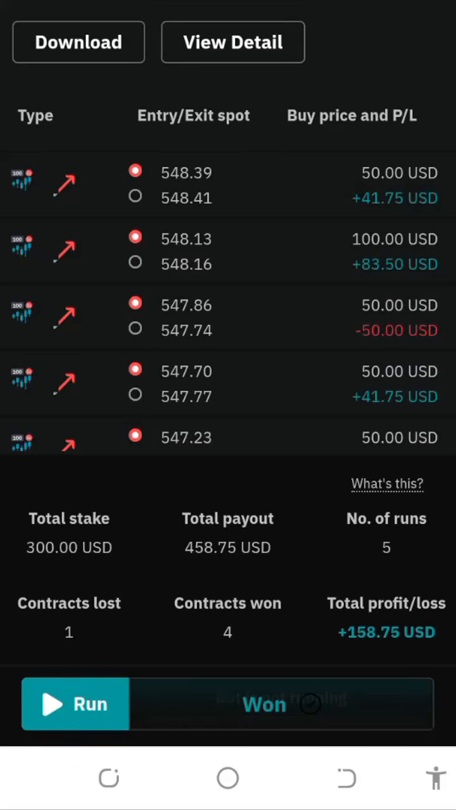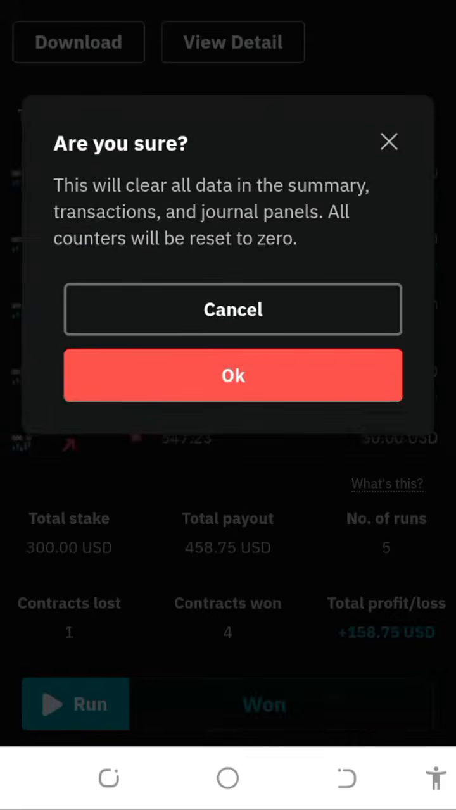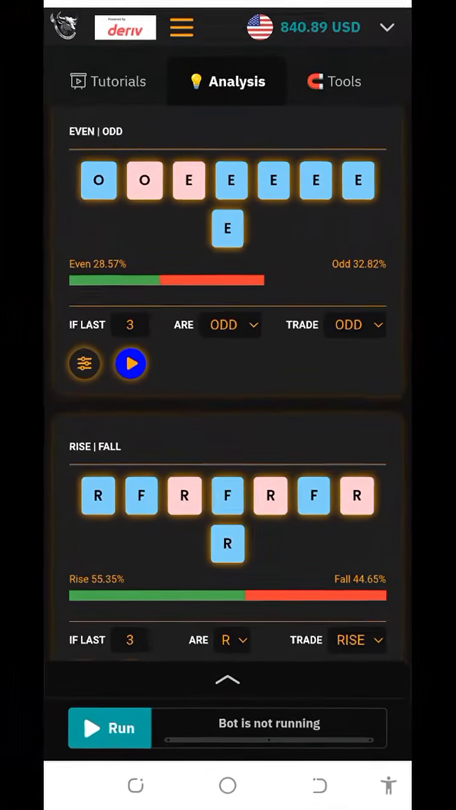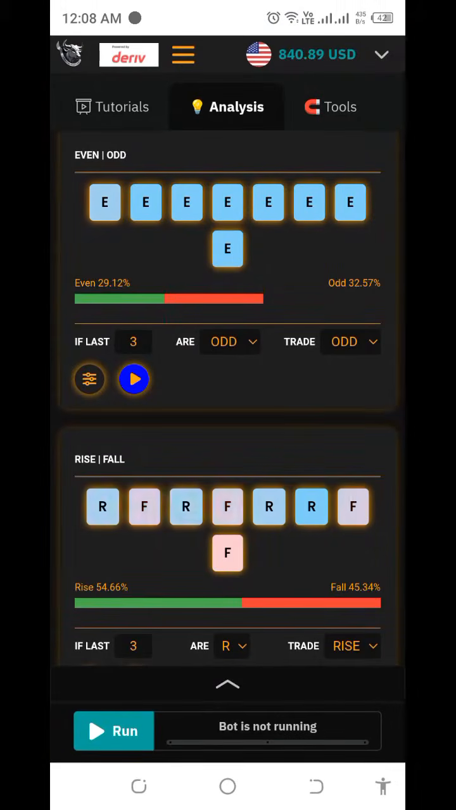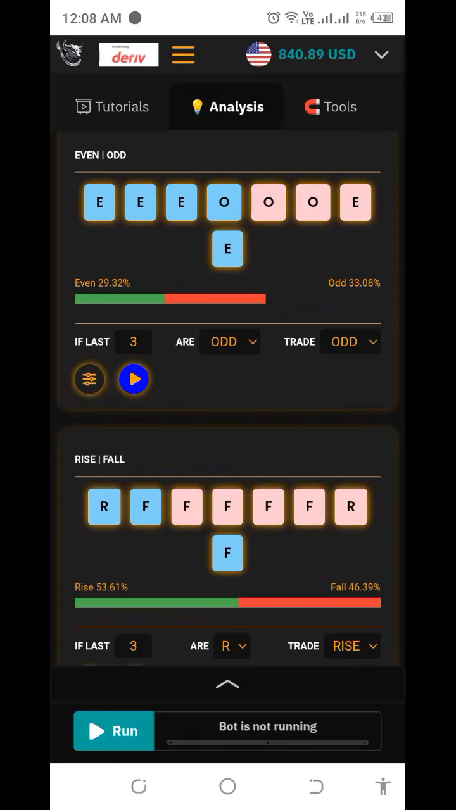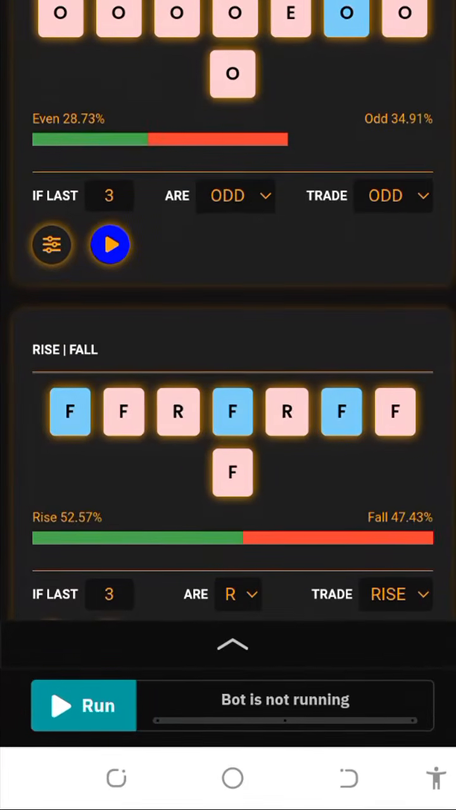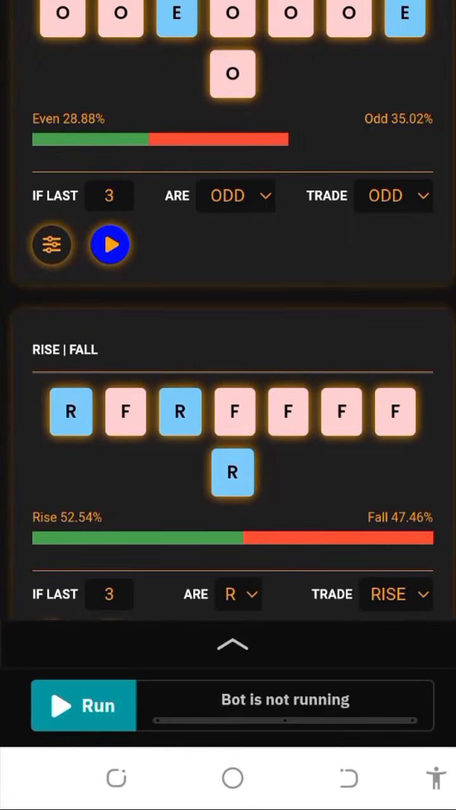Okay, so once you do that, we can maybe reset our bot. You can see we took 4 won and only 1 lost. Reset the bot and then we go back. Not bad, we can still enter the market again for rise. So those are several falls and then there's a rise. You want to wait for 3 or more falls and then we enter for a rise. 3 or more falls